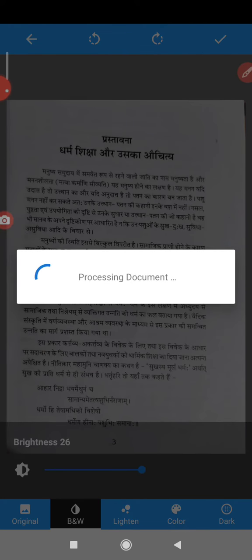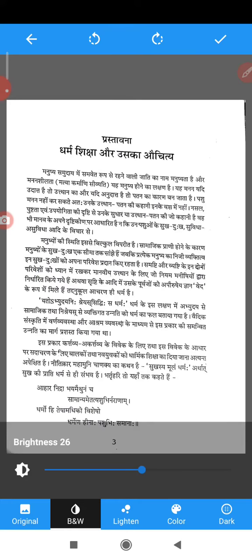Now from here you can rotate the page left or right, clockwise or anti-clockwise. From above the screen there are two options, arrow signs are given. The back arrow is given to go back if you are not satisfied with the page, and the right sign if the page is okay. Below there are some settings for brightness. My brightness is okay, so I'm not setting it. Select the right sign above the screen.